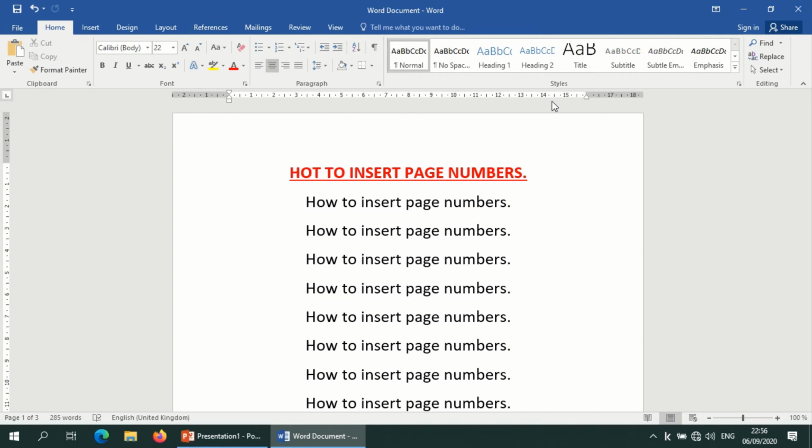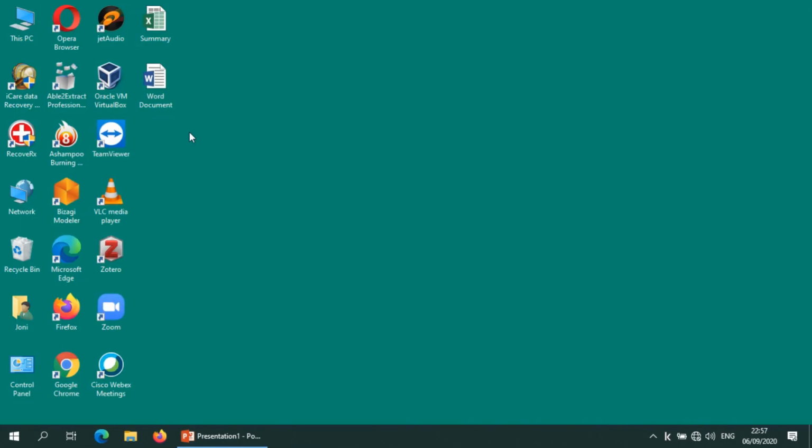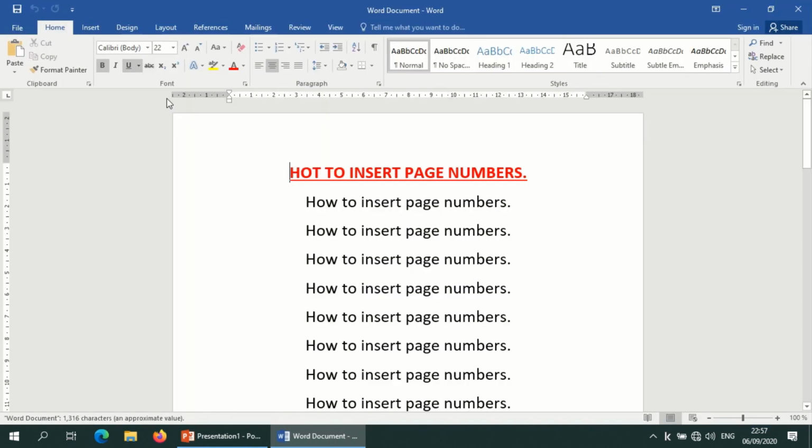And how do you remove the page numbers if you don't want them? You go back to insert, go to page number, and you say remove page numbers. That's how you remove page numbers from your document. So you can save, then you close your document. And that's how you insert page numbers to your